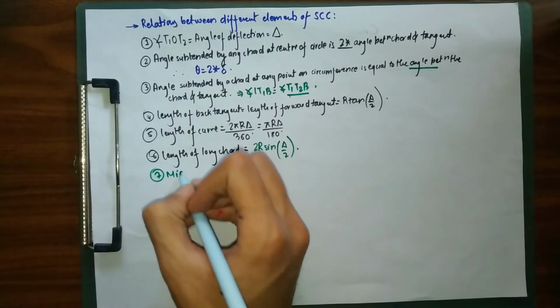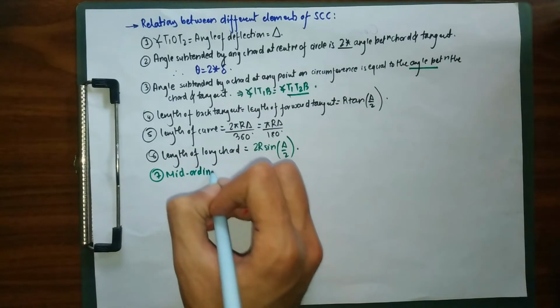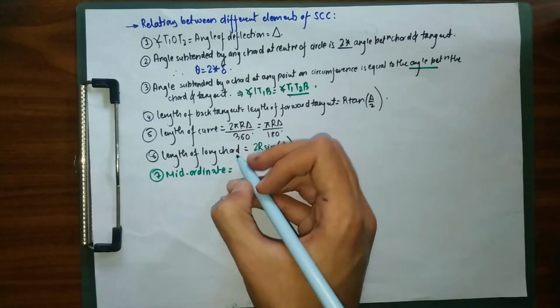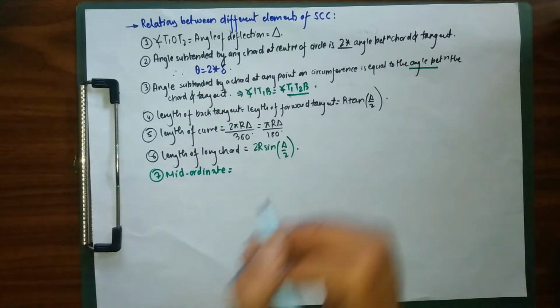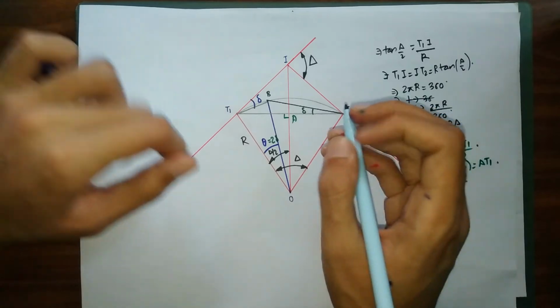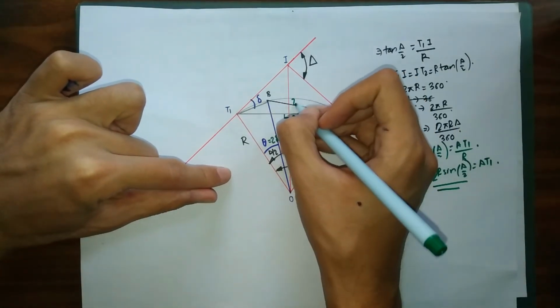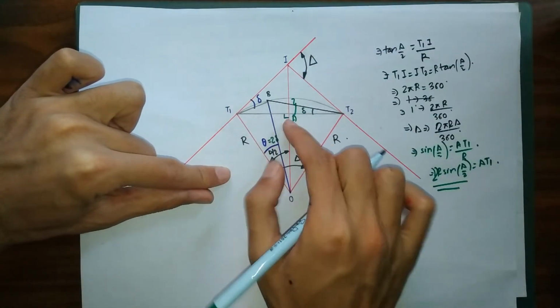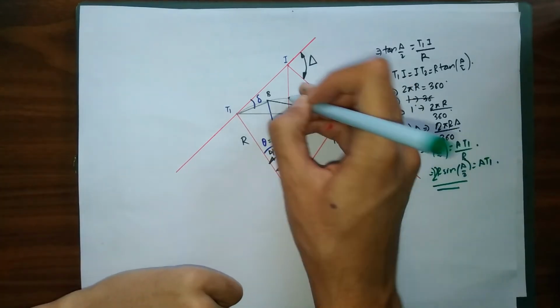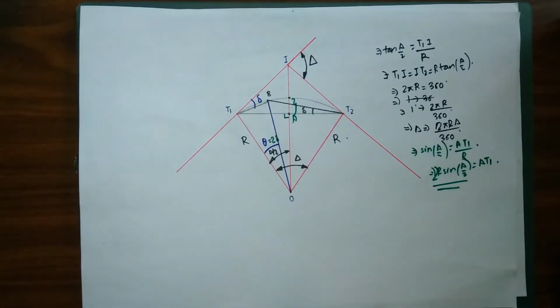We are going to find our length of mid ordinate. Let me show from the figure only. Our mid ordinate, as I explained before, is this much length from the midpoint of our long chord to the midpoint of our curve. So this length is our